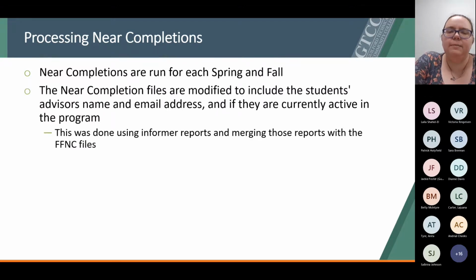And when I pull that file, I modify it to include the student's advisor's name and their email address, and if the student is currently active in the program. And to do that, I use different Informer reports, and I merge that with the data that we got from FFNC. And that was done based on feedback that we had from staff and faculty and students, because the communications